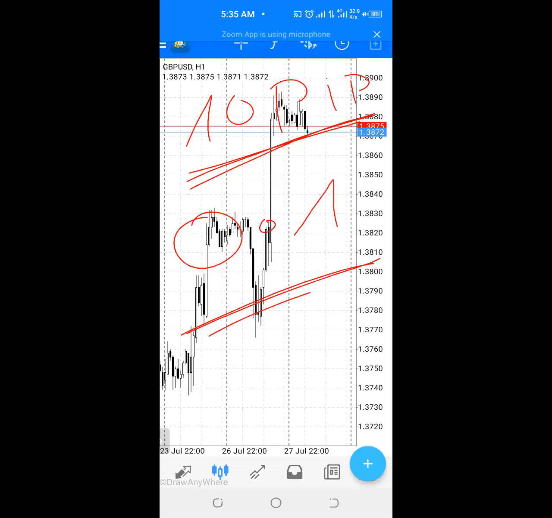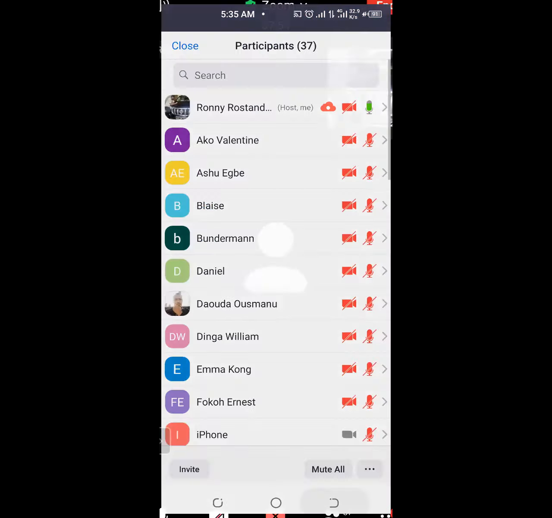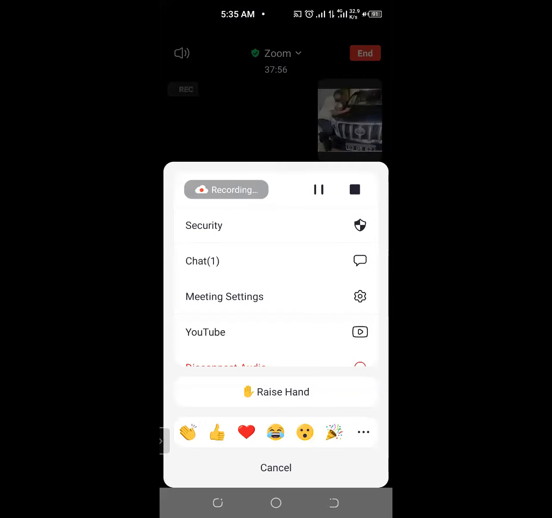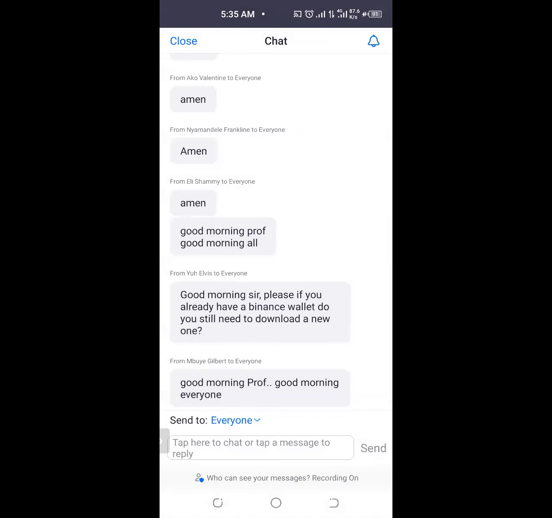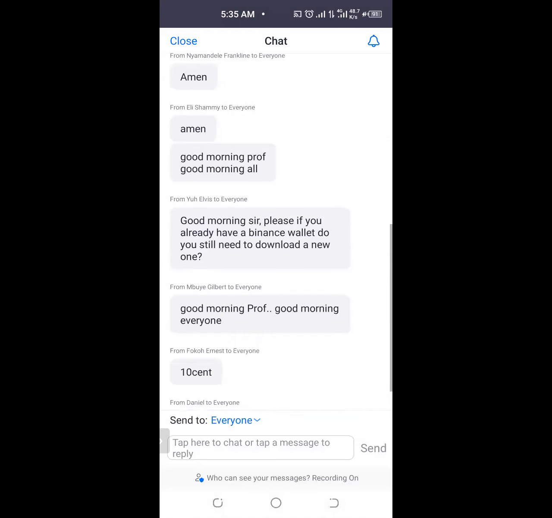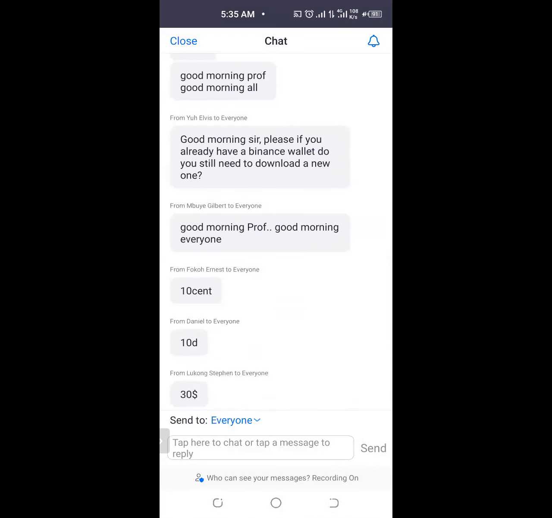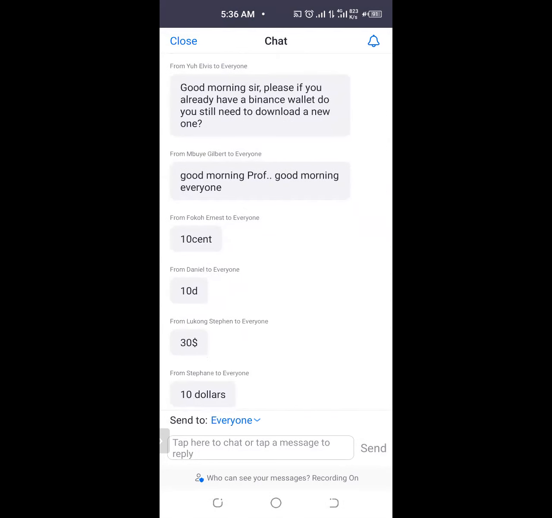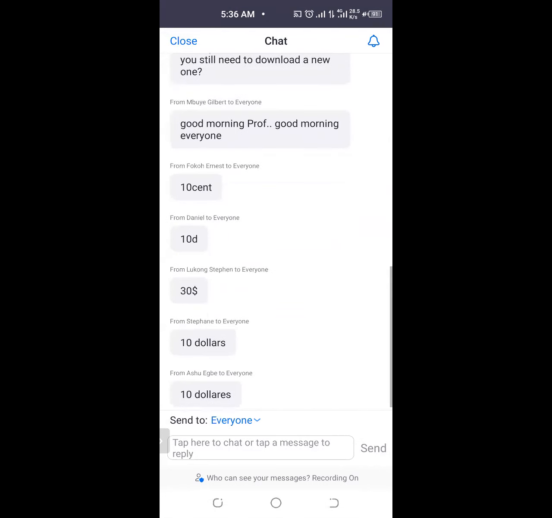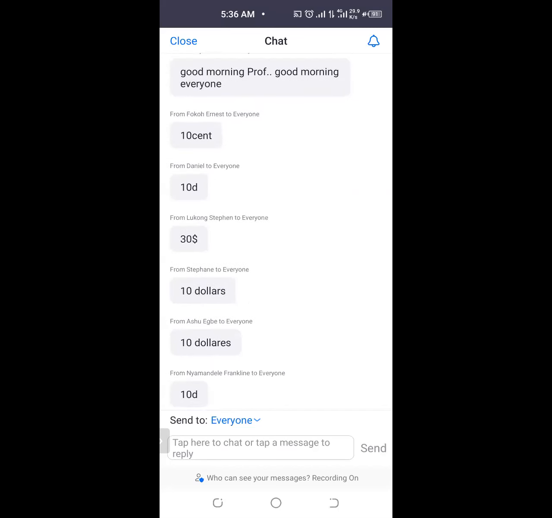Comment with the answer in the comment box rapidly. What's the answer? Daniel said $10. Stefan said $30. Wrong. Stefan, back to $10. Ashu said $10. Okay, right. The right answer is $10 because